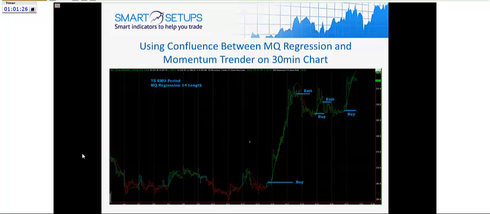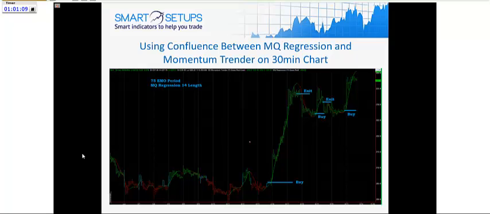Now, this is what I was talking about when I said, okay, that's all well and good. You can buy and sell green and red, but I want to do better than that. I want to make sure I'm in it at the right time. I don't want to be taking these smaller losses every once in a while. I want to just have a higher percentage of winning trades. So what you do,